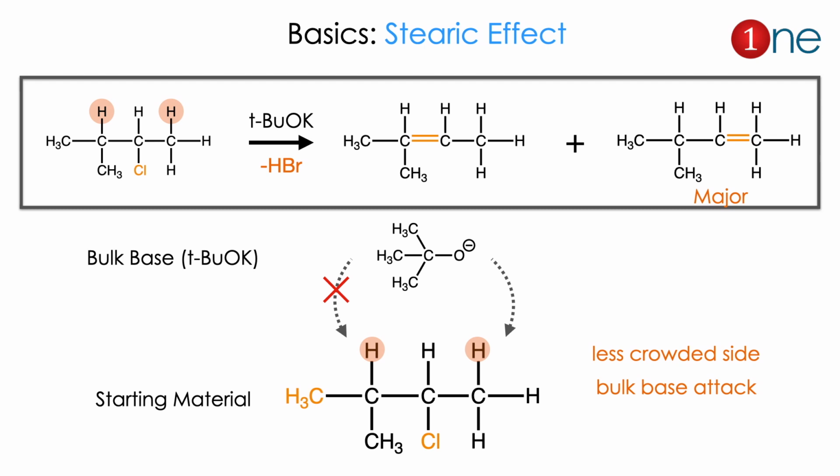Then the next factor is the steric effect. Here is the starting material which contains two types of hydrogen, a less crowded one and a more crowded one. What will really happen here? Will the less crowded be eliminated or the more crowded? Here it will be decided by the base. Here we are using a strong base, which is tertiary butoxide, which cannot attack the more crowded methyl group, but it can attack the less crowded area. So the product is always from the less crowded side attack, so the less crowded alkene will be formed.